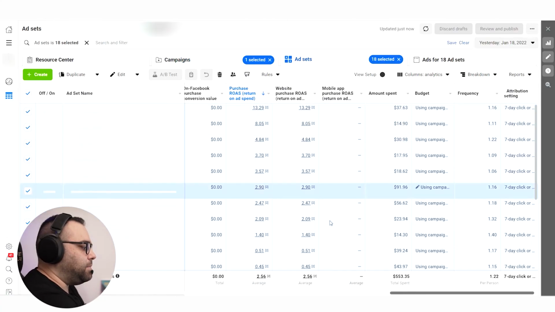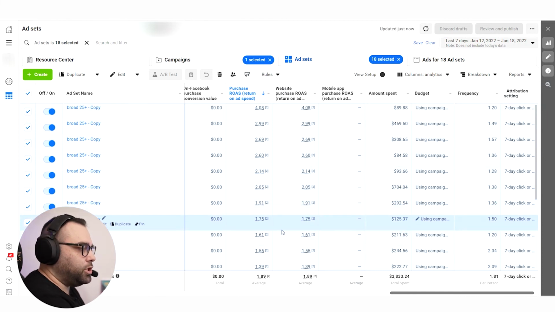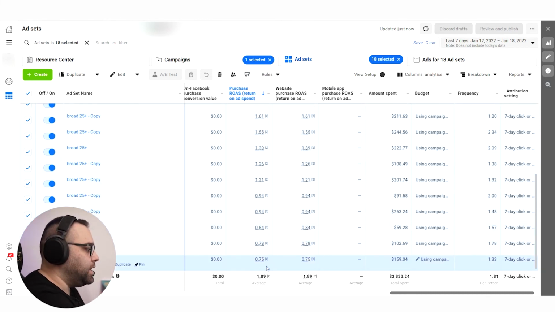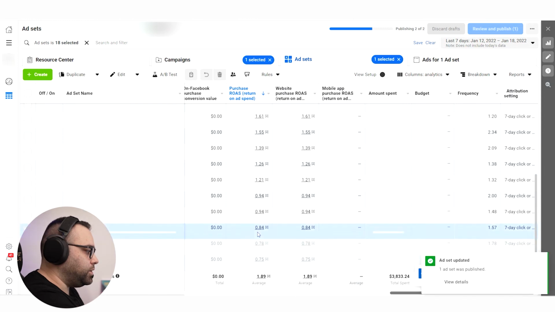Now, one last example. Let's say that we want to have more ROAS than that, okay? And also it's going to show you why it's important for you to keep some bad ad sets, bad return on ad spend ad sets, because the more you are closing ad sets, the more you decrease your spend, which means that you're decreasing also your scaling. So let's say that 1.89 is not good for us, okay? We're going to close 2 more and see what is going to happen on this one.